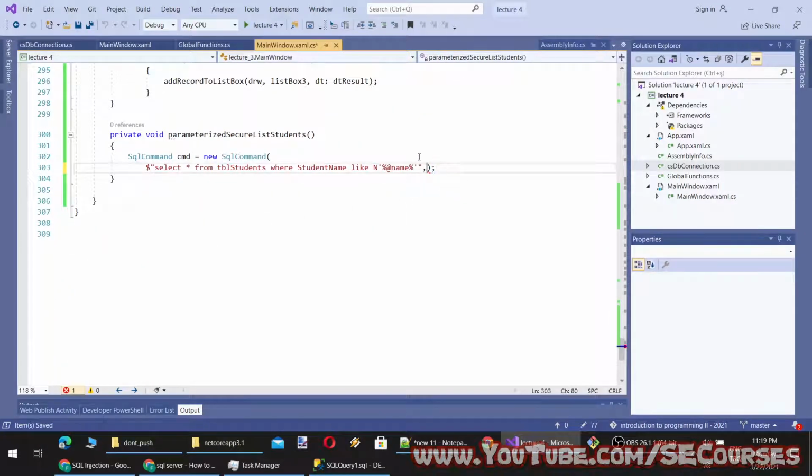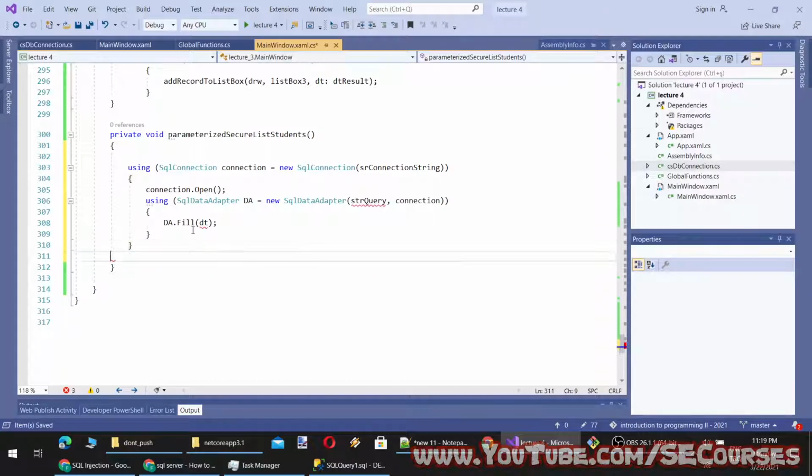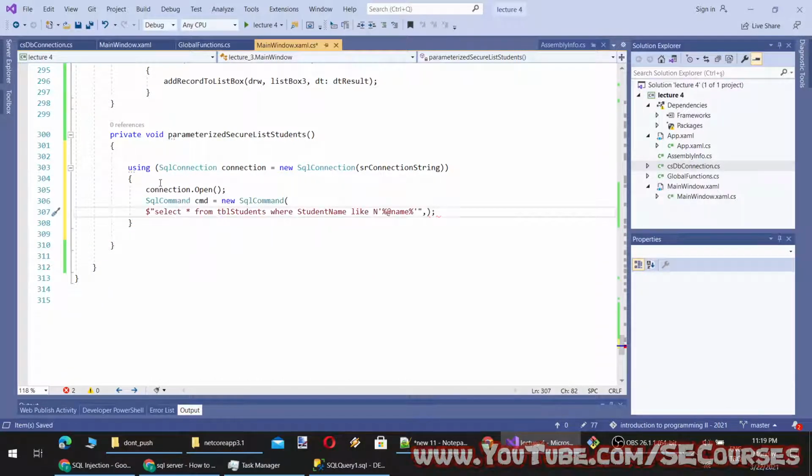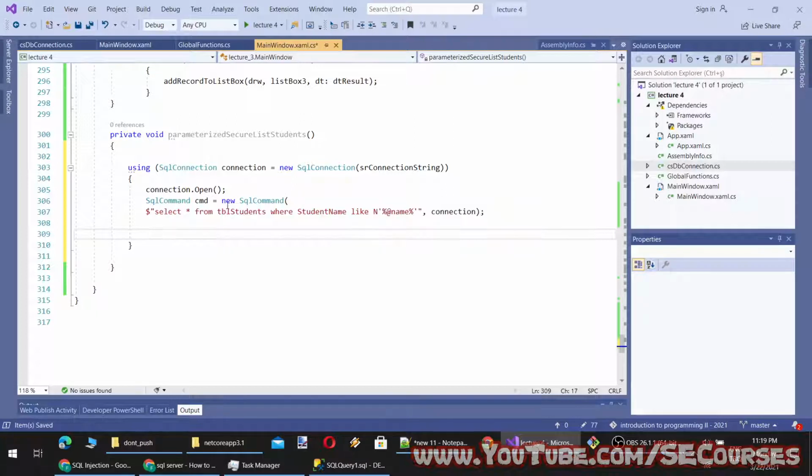To do that, let's write it like this. Connection is opened, the connection is provided. We are not done yet. So our SQL command is ready, an SQL command object. You see this is a class in System.Data.SqlClient.